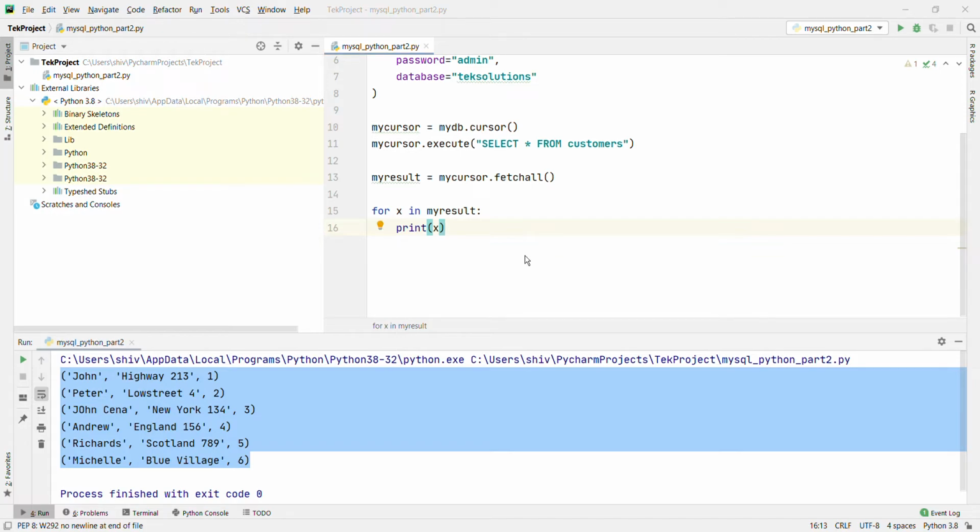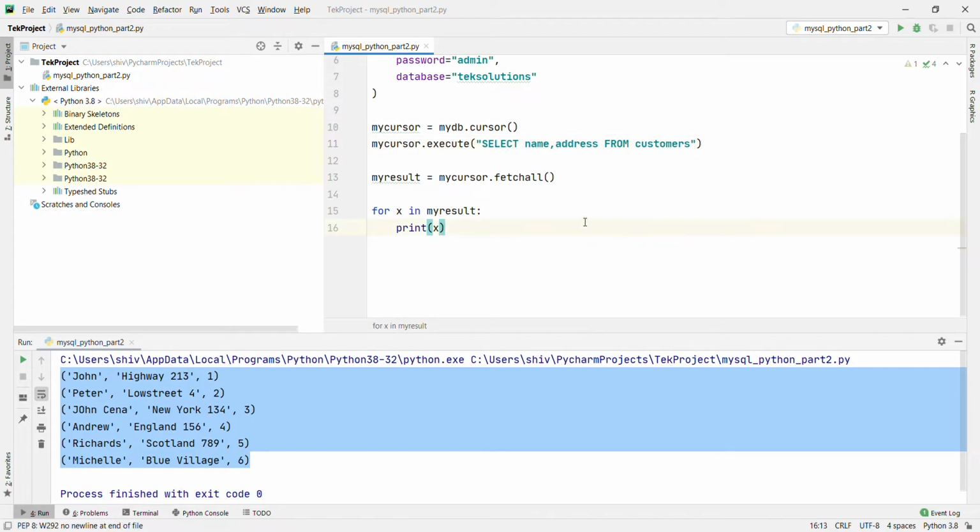Now what I am going to do next, to select only some of the columns in a table, we are going to use the select statement followed by the column name. Instead of star we are going to pass the column names, like name, comma, address. Okay, and then we are going to execute it.